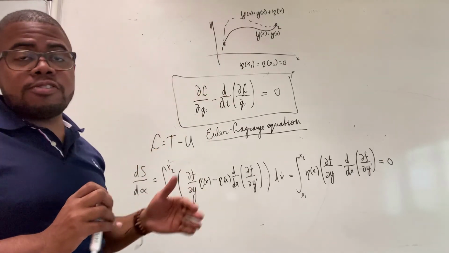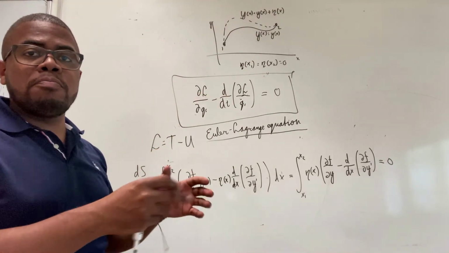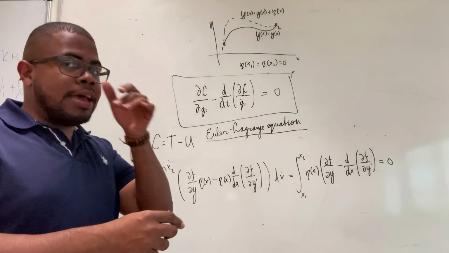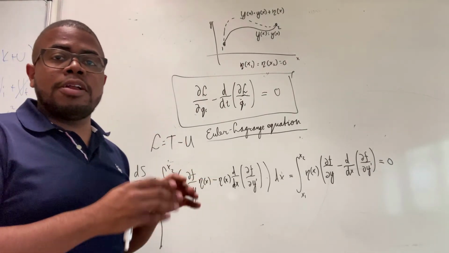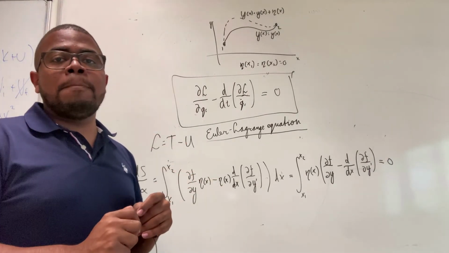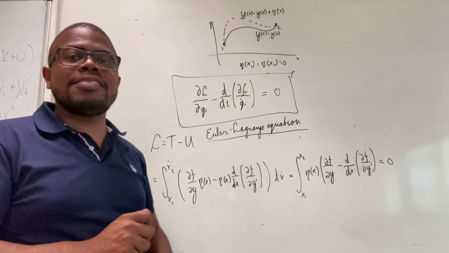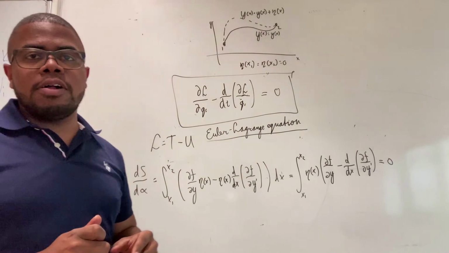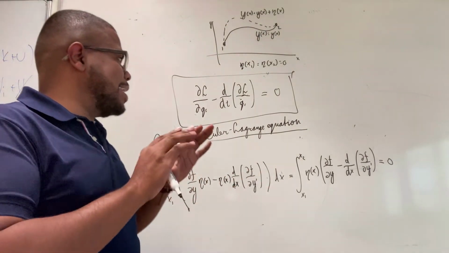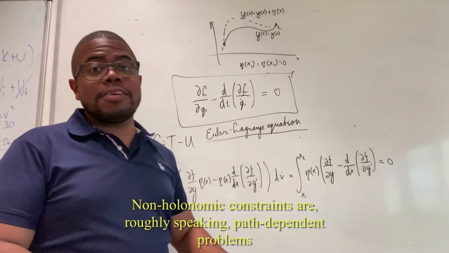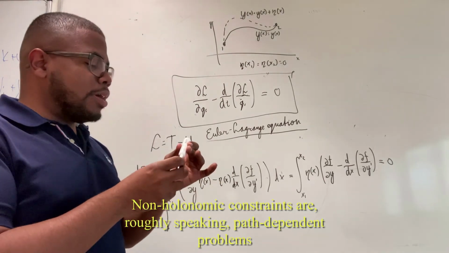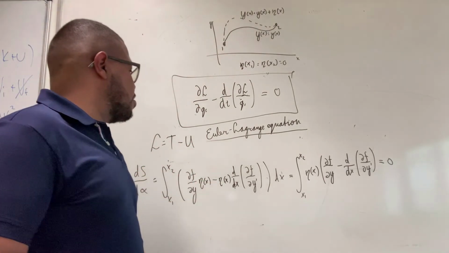This equation holds only for some constraints, so some boundary conditions of your problem, and particularly something known as holonomic constraints. But that becomes a whole video in and of itself, so don't worry about that. It doesn't hold as well for non-holonomic constraints, but again, if you're interested in classical mechanics, you can dive into that even more. But at the end of the day, the moral of the story is that this equation can